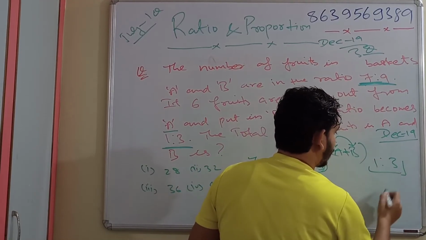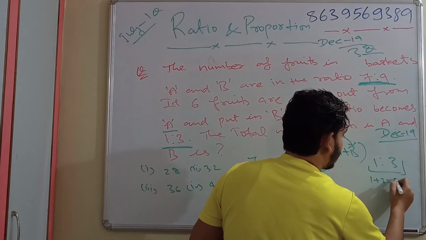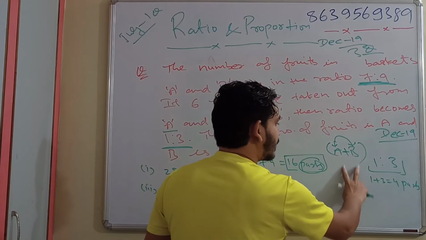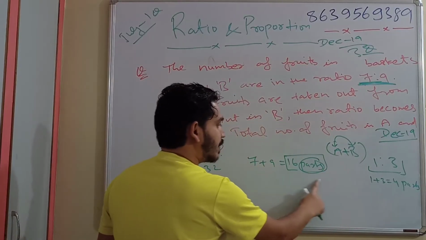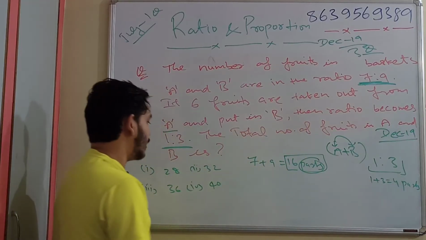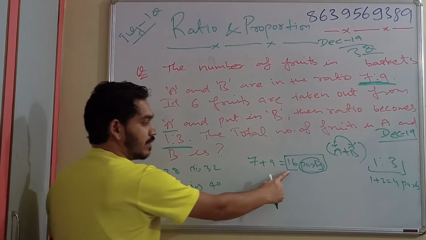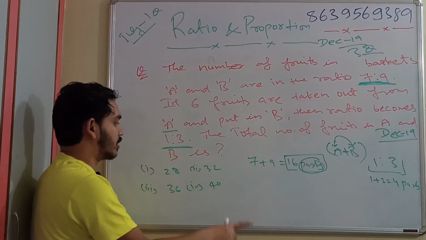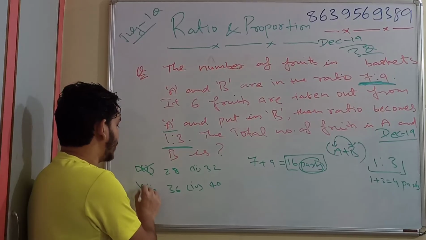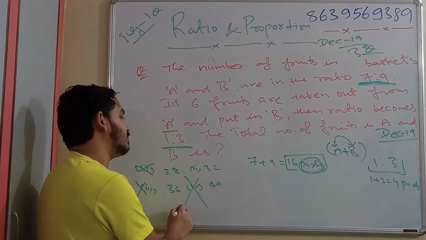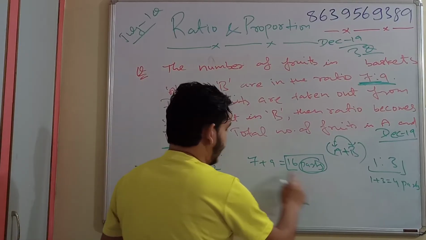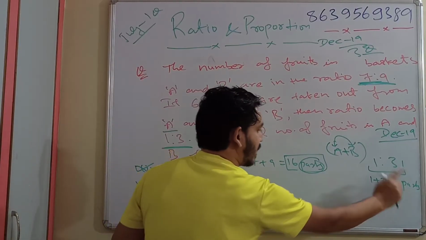In that case also 1 plus 3, nothing but 4 parts. So whatever be the total, that will be a multiple of 16 as well as that will be a multiple of 4 also. If you see, one such option is there, multiple of 16 and multiple of 4 also. If you see, this is not a multiple of 16. Even this is not a multiple of 16. Even this is not a multiple of 16. So only one option. Second option, the 16 is multiple of 16 also and multiple of 4 also.